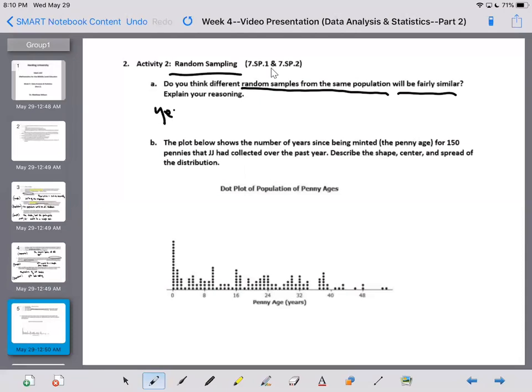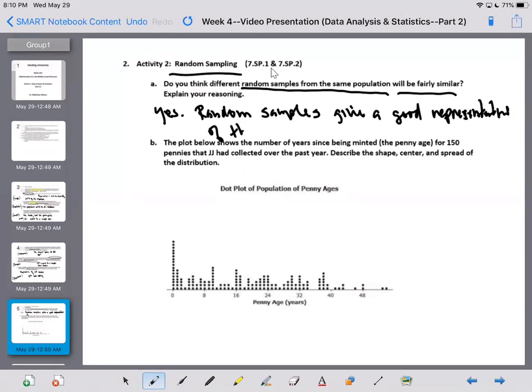And so we would say yes, because random samples give a good representation of the population. That's why it's also good to make sure your sample size is adequate. You don't want to choose 5 students out of a school of 200 and then try to generalize an idea. You would want to take a random sample of a decent amount of students to determine how that would represent